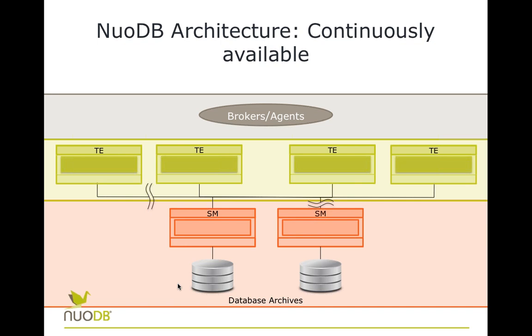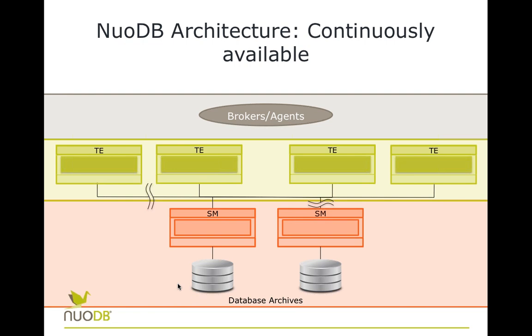The brokers and agents will load balance that across there. What you would see at that stage will be momentarily a drop in the service levels, because you might see it if you're overloading the other transaction engines, in which case the elasticity provisioning that I talked about before will kick in and deal with that.